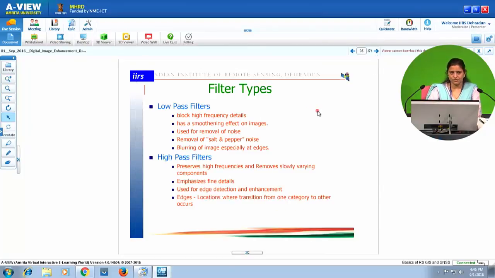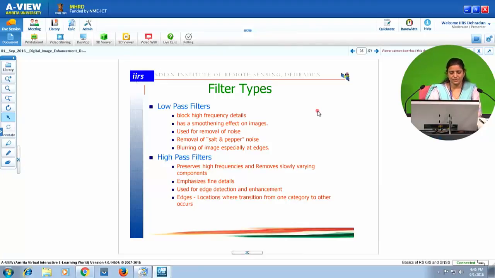There are two types of filters, the low pass filters and high pass filters. Low pass filters block high frequency details. They have a smoothing effect on the image and are used for removal of noise. They are also used for removal of salt and pepper effect in the image, and they have a blurring effect on the image, especially at the edges.